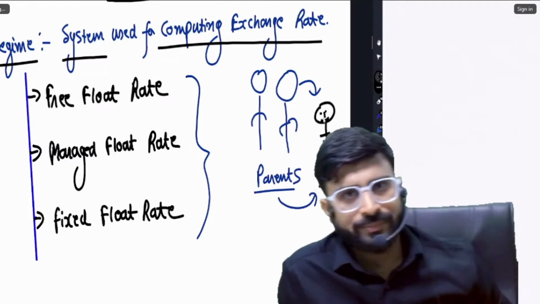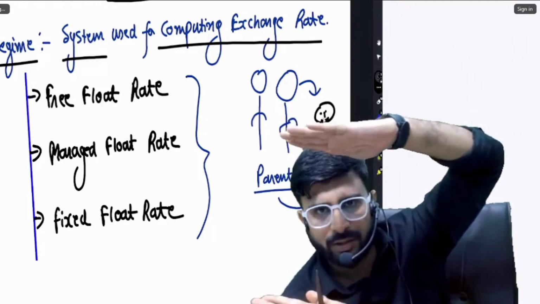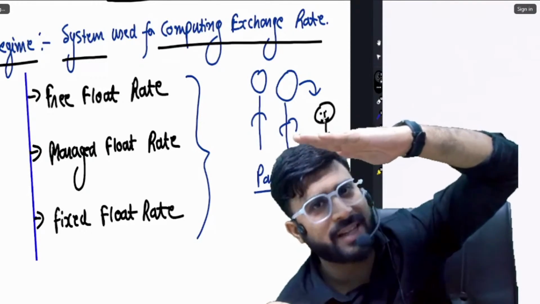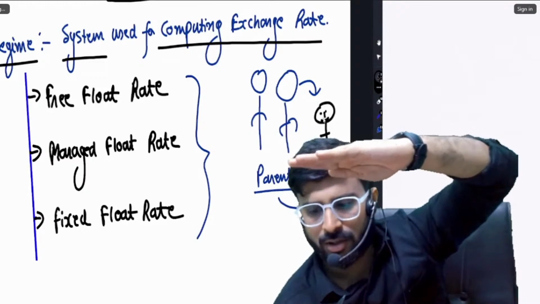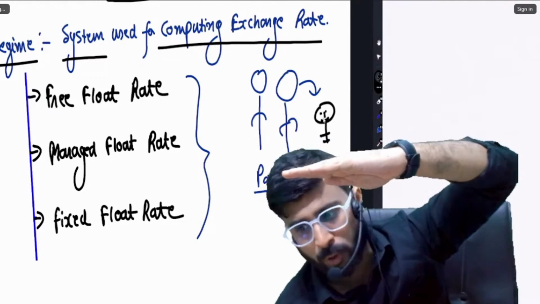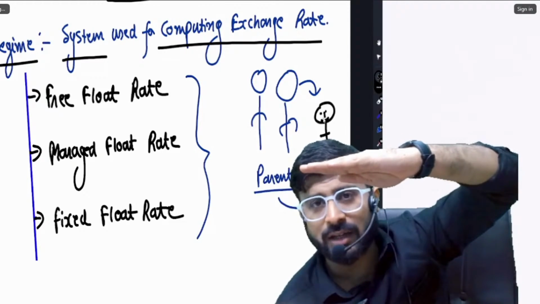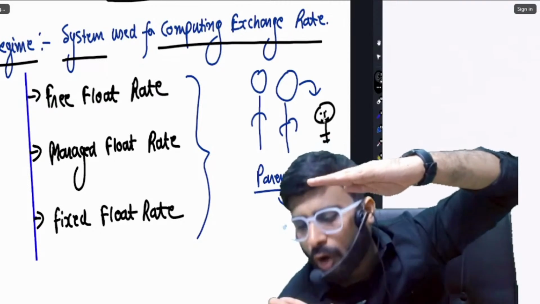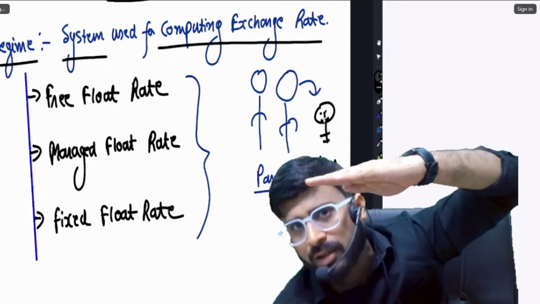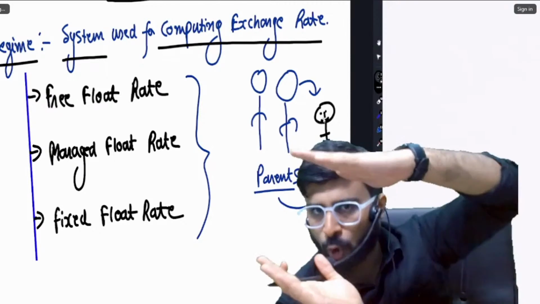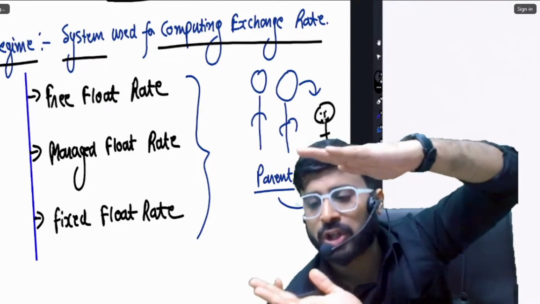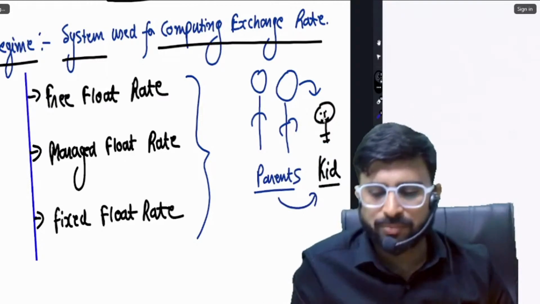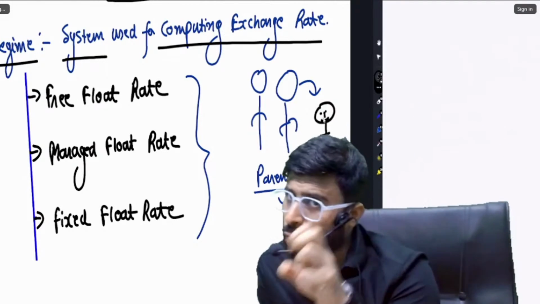That is managed float, where within a certain limit, the parents, that is the government, have prescribed some limit for the child, that is the exchange rate. Within this limit, the child can do whatever they want to do. That is, the exchange rate can fluctuate within that limit as much as it wants to. But if it tries to hit the top ceiling or the bottom floor, then the parents will control it. The goal of the parents is to keep the exchange rate within this top and low level rate. Understood? That is managed float. Freedom to some extent, control to some extent.